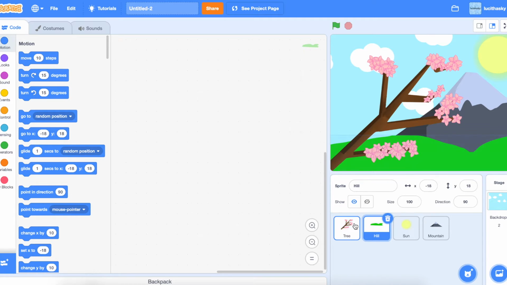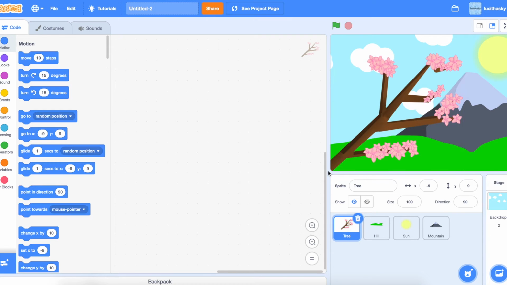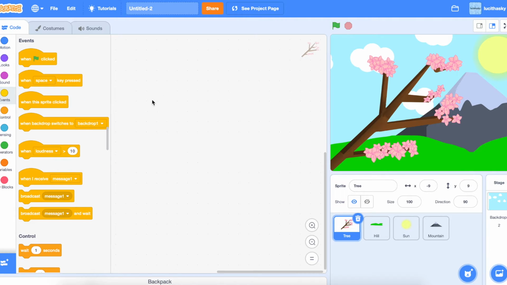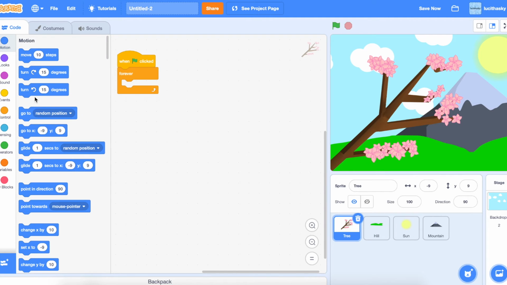Right now I've got my sprites already pre-drawn. So first step, make your sprite. For each sprite, copy this code, but you can change the number, I guess. First do one flag click, and then do the forever block, and then do a go to